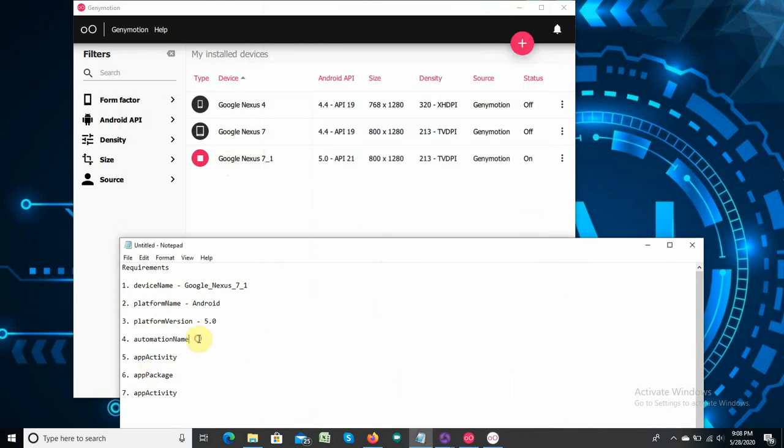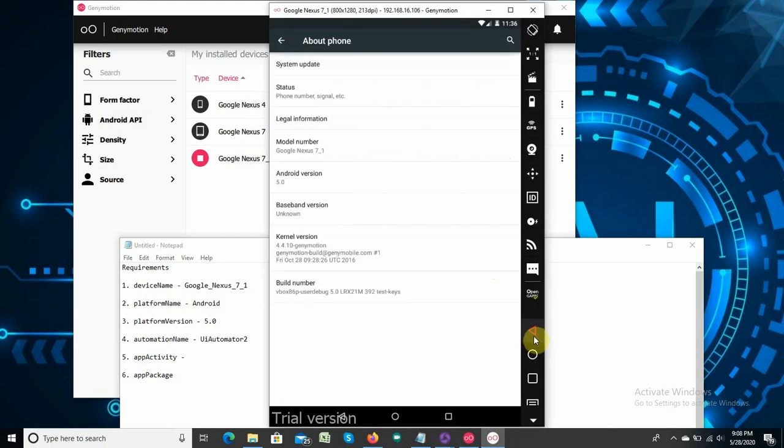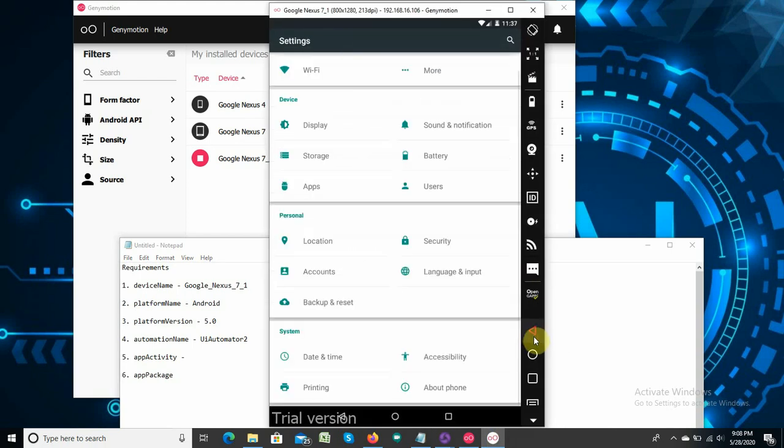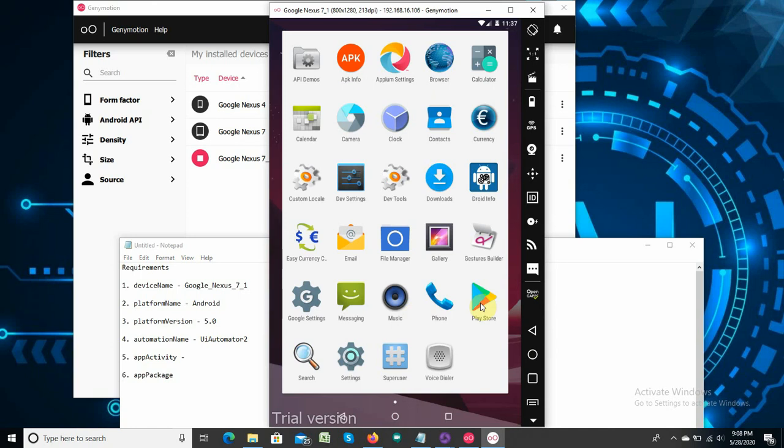The automation name is UI Automator 2. The automation name differs according to the device. Refer to the link below. To find the remaining 2, app package and app activity, we need to install AppInfo app